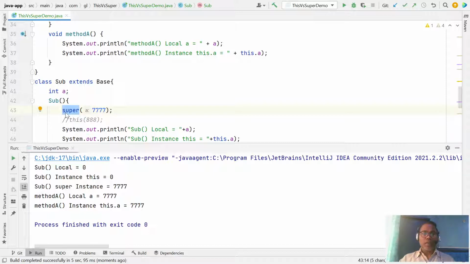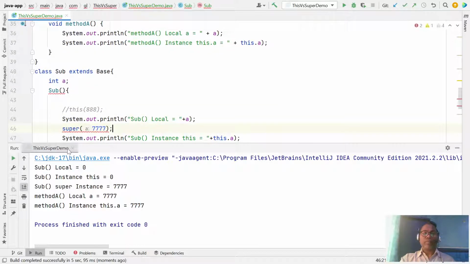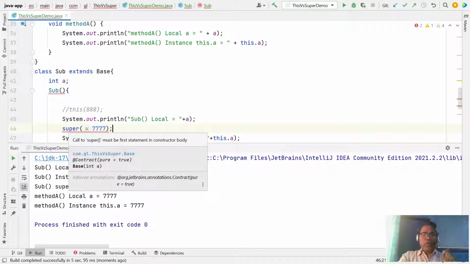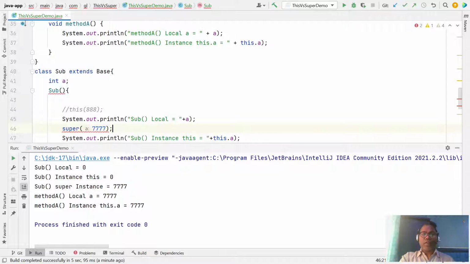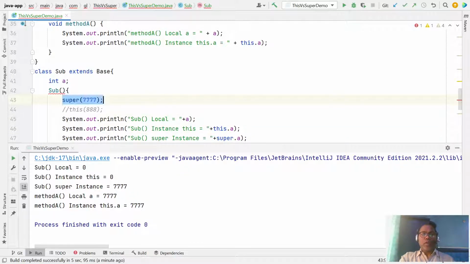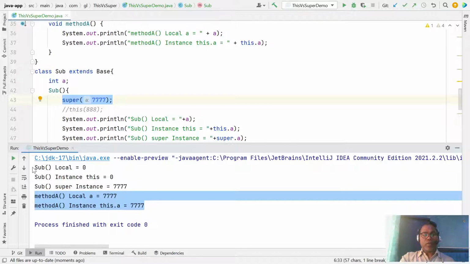You cannot say super here, right here. Please ensure that whenever you use super as a constructor or this as a constructor, it should be the first line of your constructor. Now your base class is initialized and then your subclass is initialized.